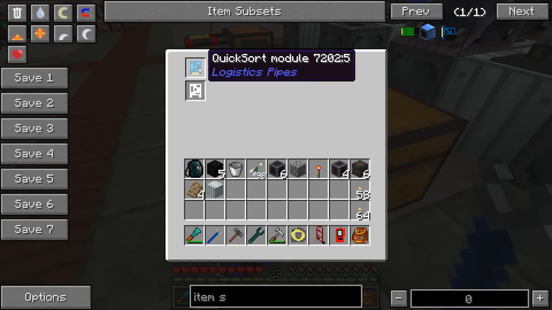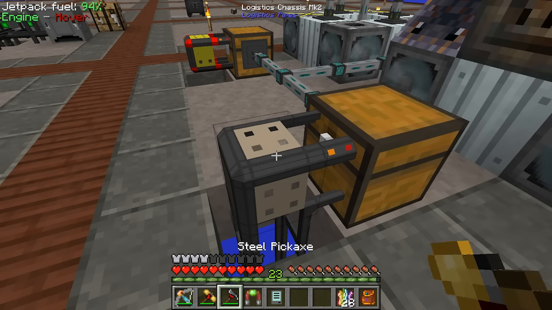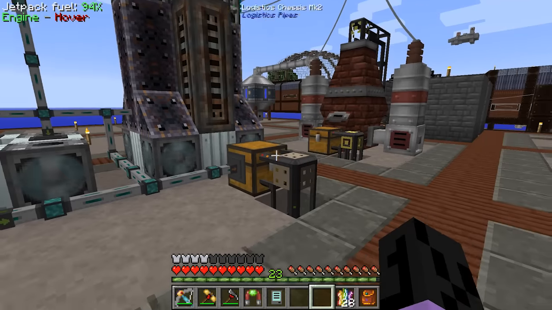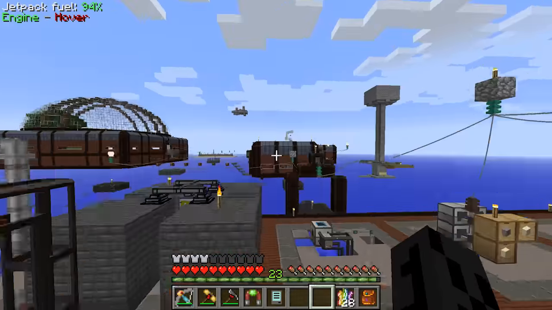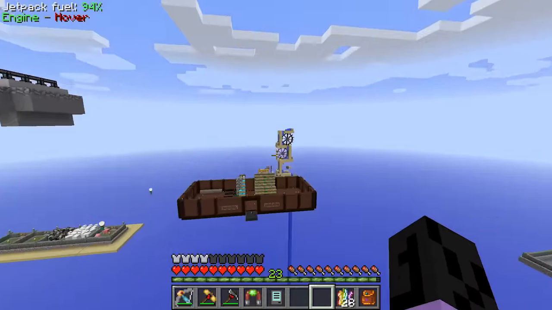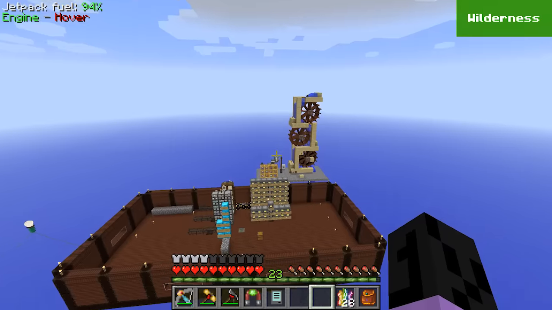Yes, this one has an automatic quick sort module. So anything that gets cooked in here automatically comes out as the correct thing. Now, this is going to be a little bit wasteful, because of course we can grind it up into dust first, but just for example's sake,